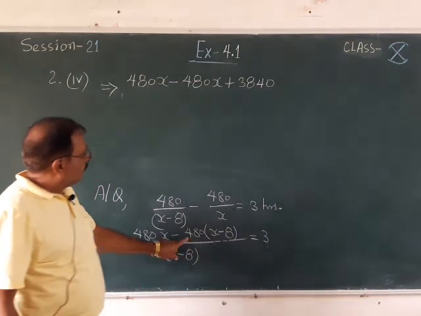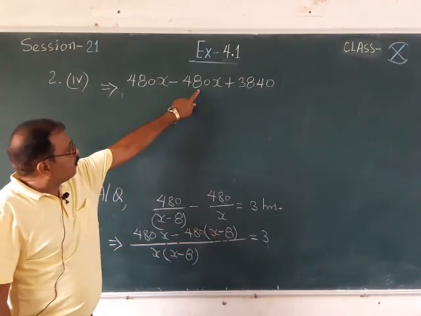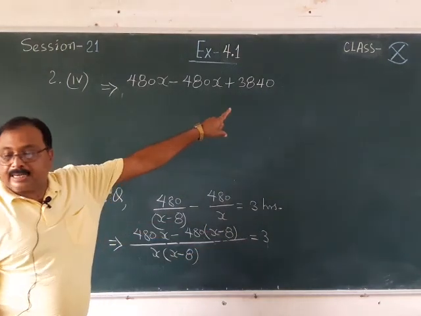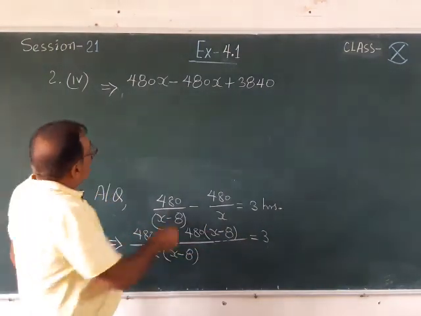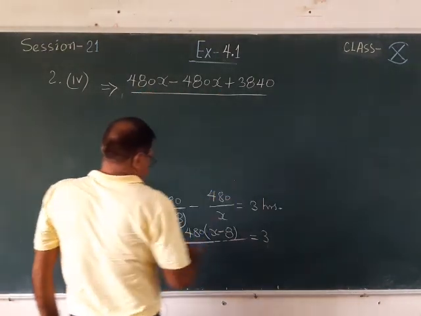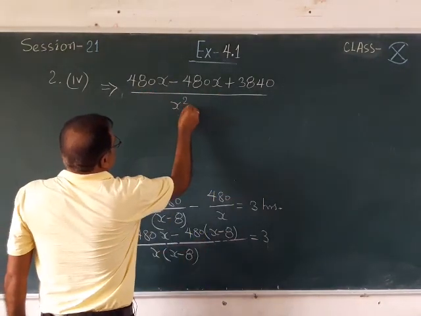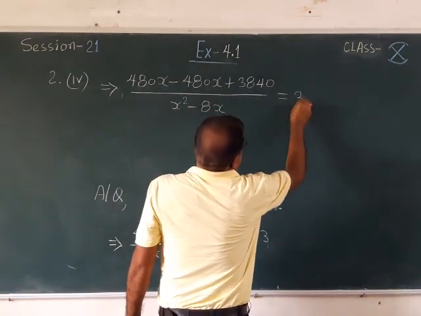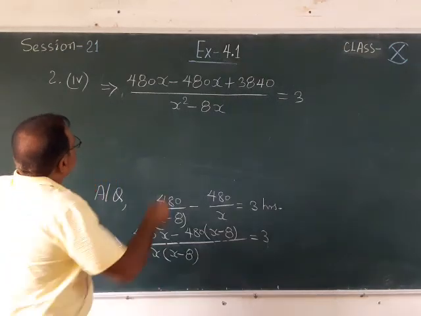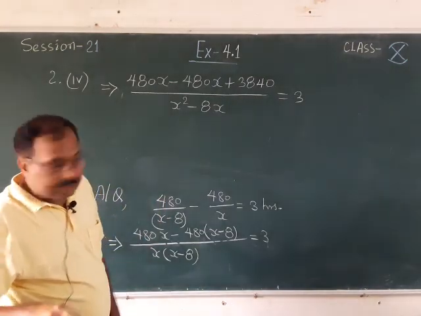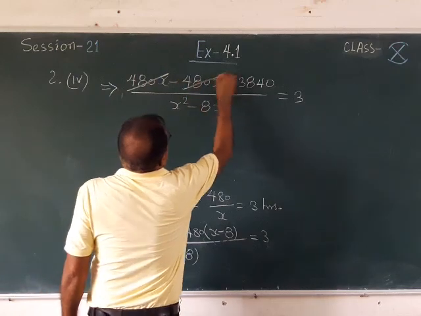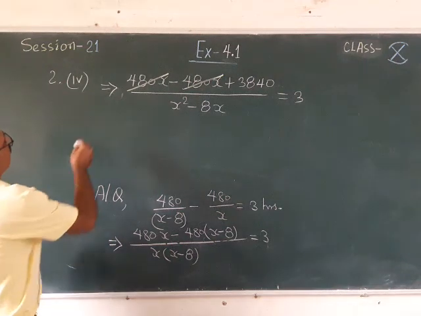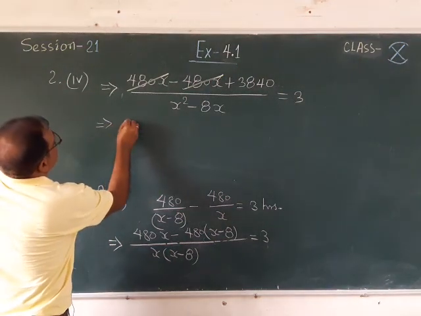Once you multiply 480 into x, it will give 480x, and 480 into 8 will give you 3840. Now x into x becomes x square minus 8x, and on the right side you have 3. So just copy it down. Now you can see that this 480 and this 480 can be cancelled because one is positive and the other is negative. So now you can write